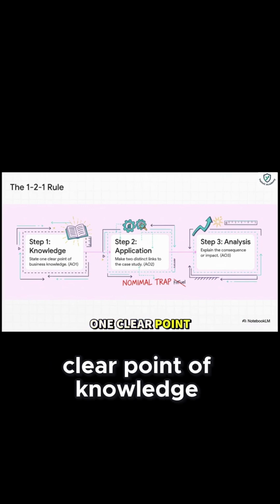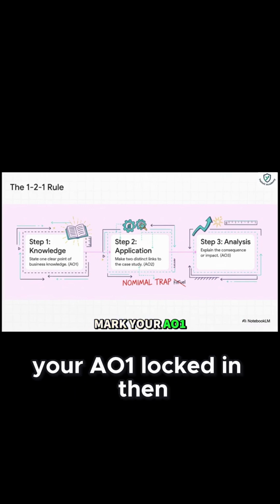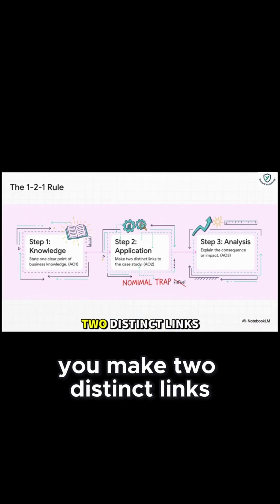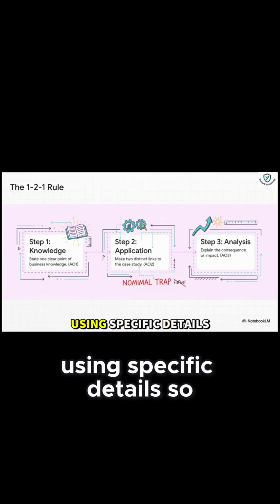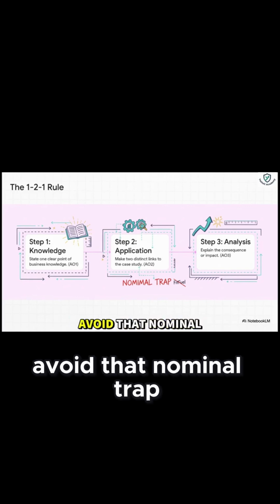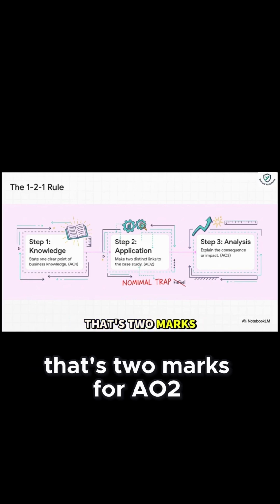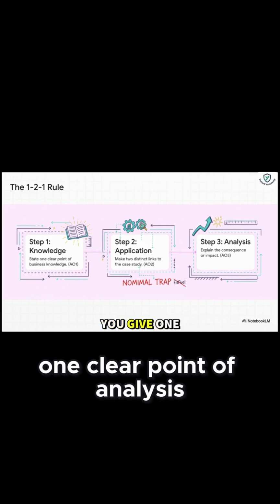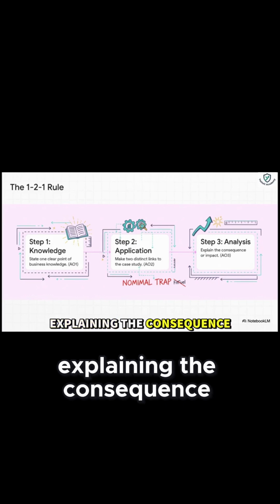First, you state one clear point of knowledge. That's your first mark, your AO1, locked in. Then you make 2 distinct links back to the case study, using specific details so you completely avoid that nominal trap. That's 2 marks for AO2. And finally, you give one clear point of analysis, explaining the consequence, the impact,